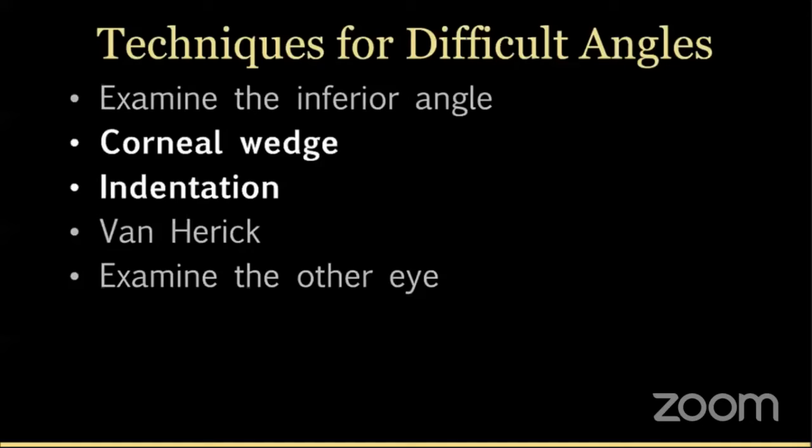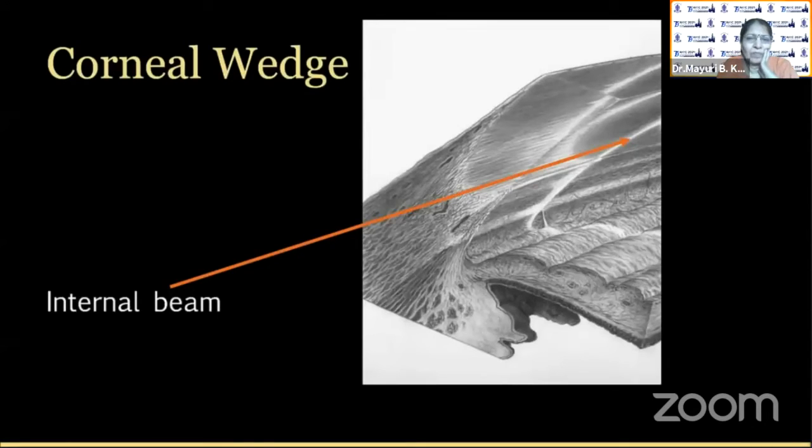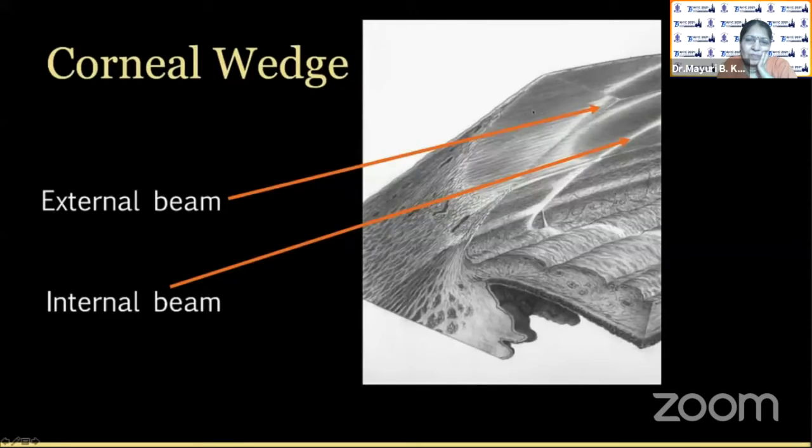corneal wedge and indentation, because if you learn these two things, it will make you a better gonioscopist. The corneal wedge is a way of identifying Schwalbe line, or the anterior border of the trabecular meshwork. You take a very bright, narrow beam, offset it from your oculars, and that will split it into two lines on the cornea, a very crisp internal beam and a sort of fat and fuzzy external beam. And they illuminate the face of the sclera, the scleral corneal interface here, and they join up as Schwalbe line.